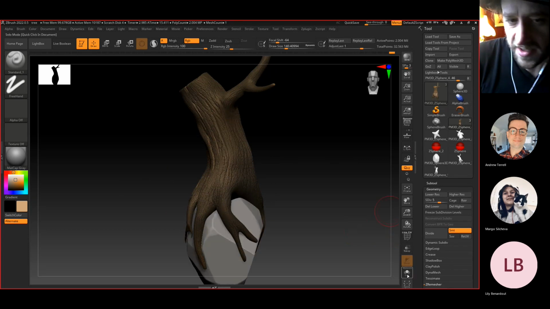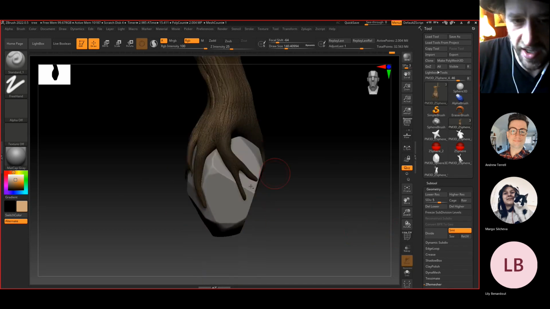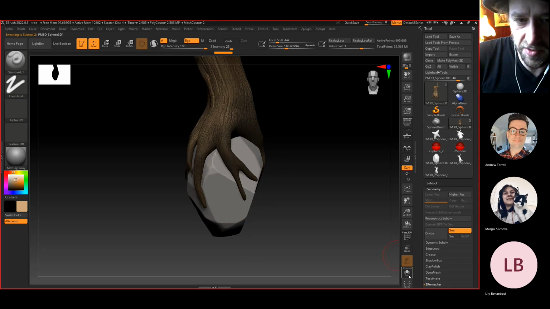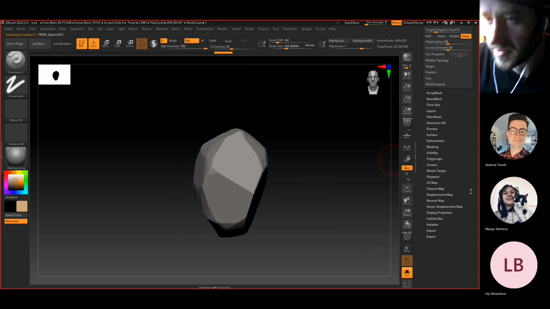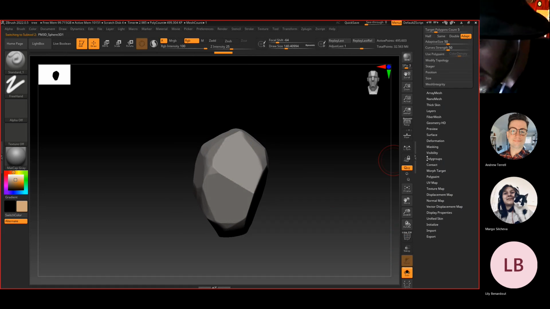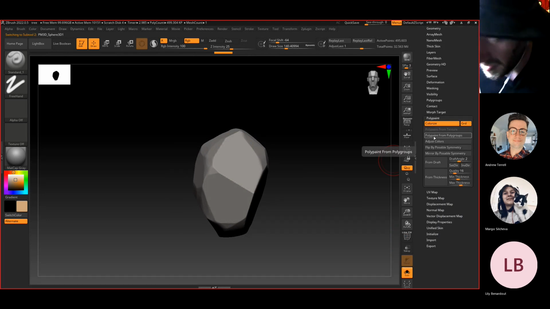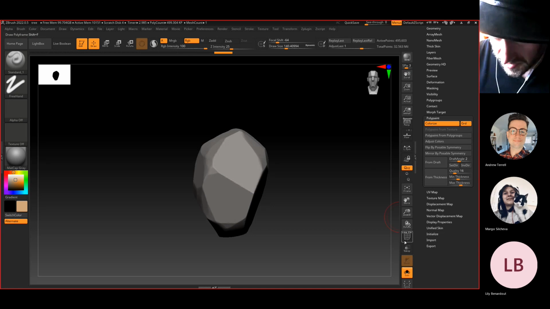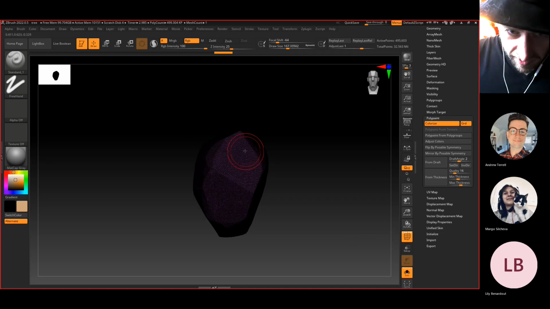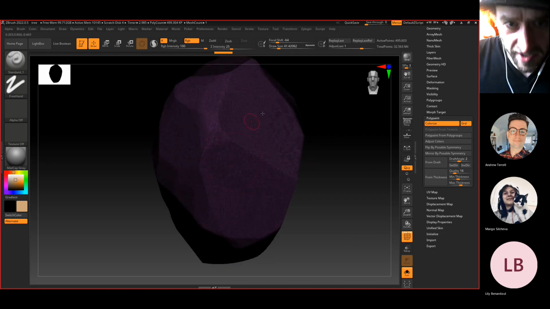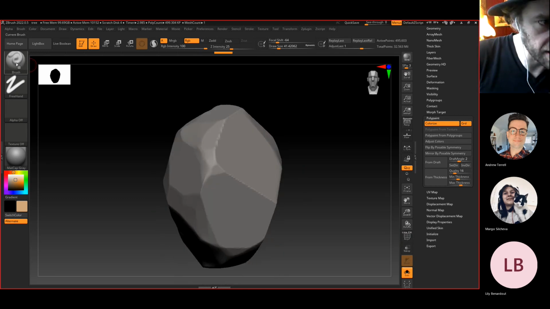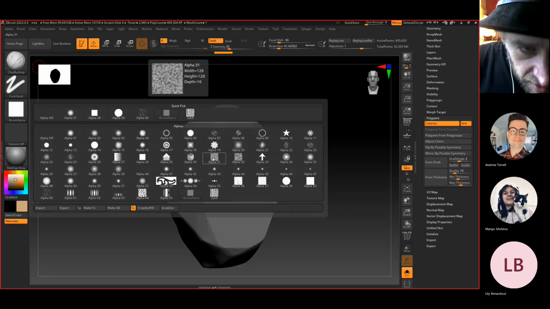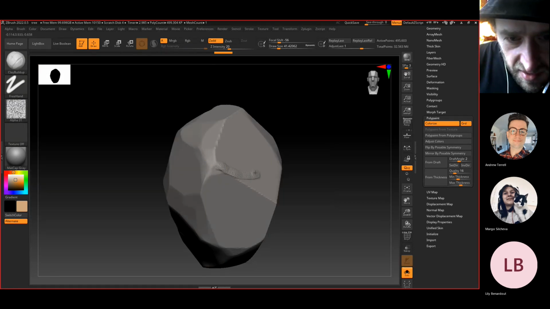But for other objects, like say the ship that I had earlier, one of the things I sometimes do is take my polygroups and turn my polygroups into vertex paints. You can do that under polypaint. You can say polypaint from polygroups. So if my polygroups, say on this rock, I wanted maybe one area to be moss. Let's do that. So we've got a separation of material. I'm going to use clay buildup with a little bit more of a noisy alpha,